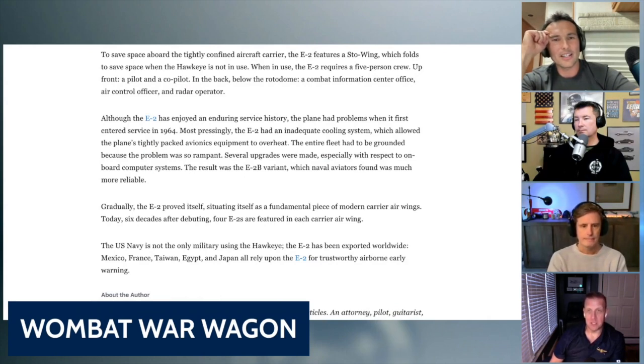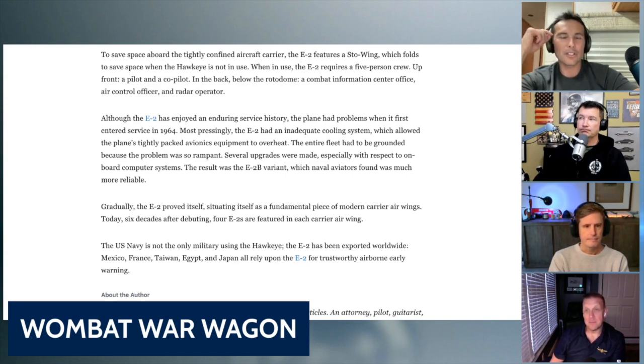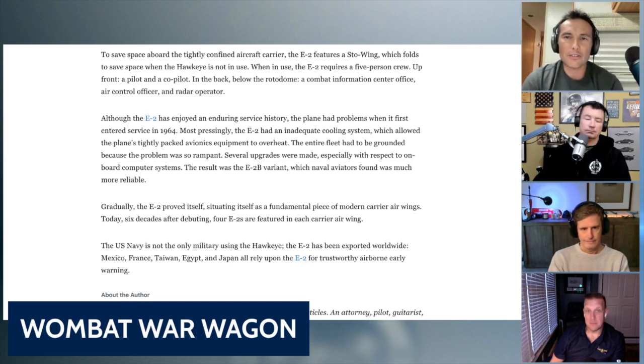There's actually a section in NATOPS that delineates its stats for if you get it without it. Really? So if you do an FCF, is the dome on or off, or does it matter? No, it's on. It's the only time that they would take them off is if it was going down to depot level maintenance. I gotcha. To save space aboard the carrier, that features a stow wing, so folding wings which fold up